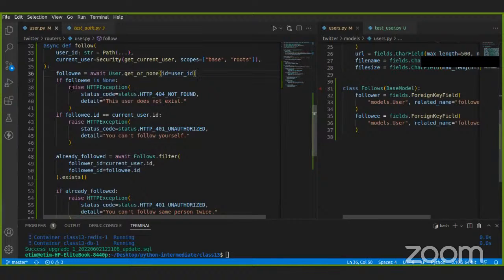It will check if this following is None. If this ID is invalid, line 36 will return None. This user data ID is equal to this, it will return a None value. So what will happen is that, even though it returns None, it will